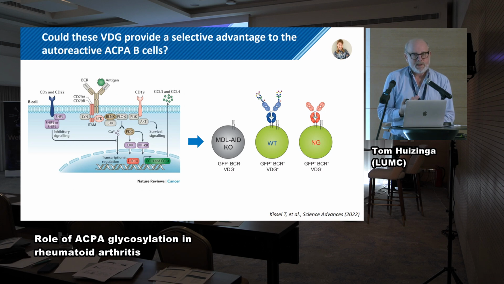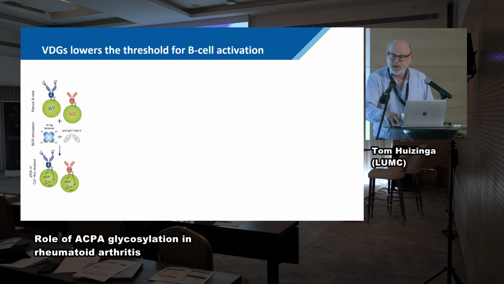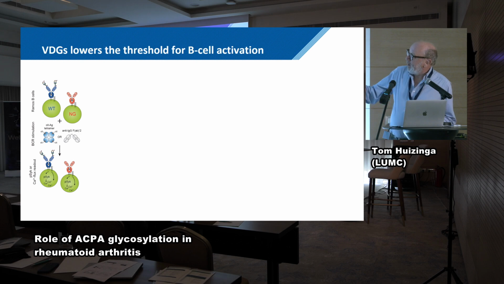So if it's true that this is so important, because this sugar does something to the B cell, then we should be able to show that. So we compare this cell to this cell, and the only difference is the sugar over here. And I'm going to show you all kinds of different readouts, but the bottom line is this sugar is doing something to you. So let's look over here. So what did we do here? We have exactly the same cells with sugar, without sugar, and then we basically cross-ligate either by antigen or